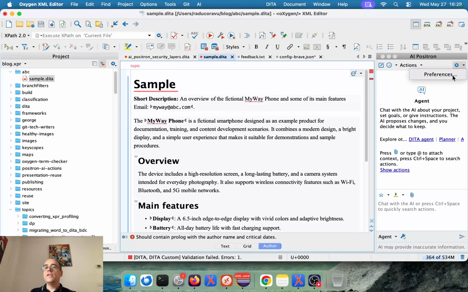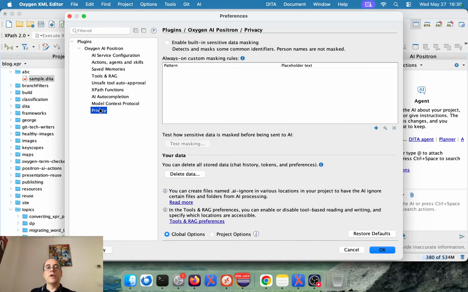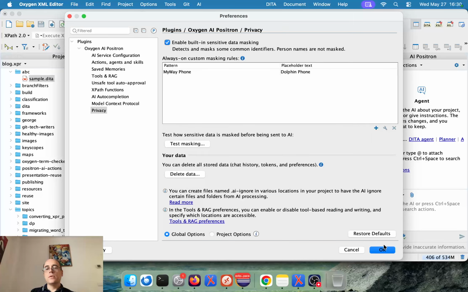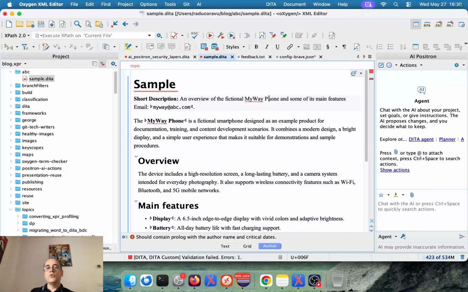And for this, in the Oxygen preferences privacy, you can enable built-in sensitive data masking to mask, for example, all emails. And you can also add your own patterns, like the My Way phone maybe can be replaced with the Dolphin phone. So once you have this set up, and I ask it to improve readability,